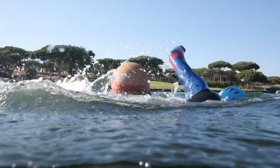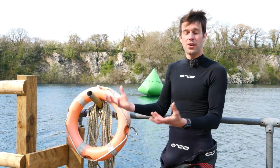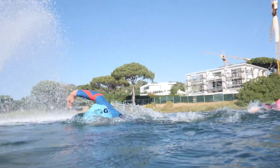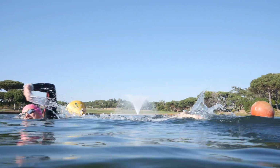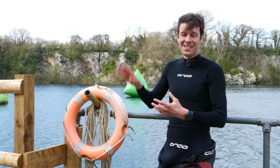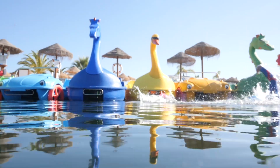And in addition to that, check to see if there's anything that lines up with that buoy beyond it that's more clear and obvious. Perhaps it's a large tree, a tower, or a boat. Something that when you quickly glance up and sight whilst you're swimming, you can perhaps see more obviously than the buoy itself. Because after all, when we're trying to get this fast swim start, you don't want to be sighting every other stroke. You want to put your head down and really get into rhythm and swim as fast as